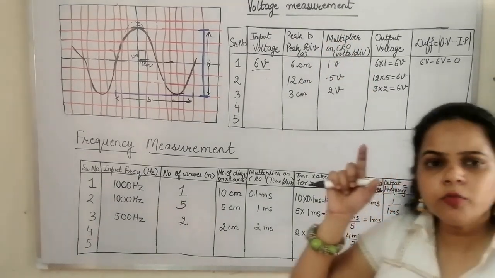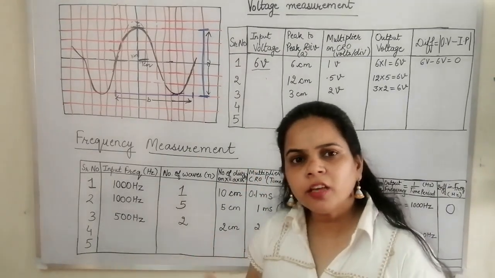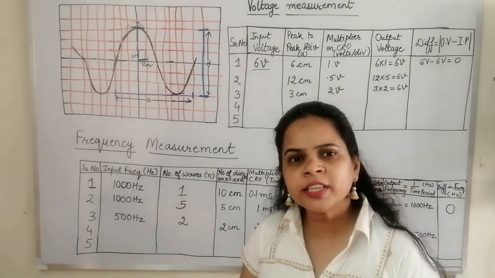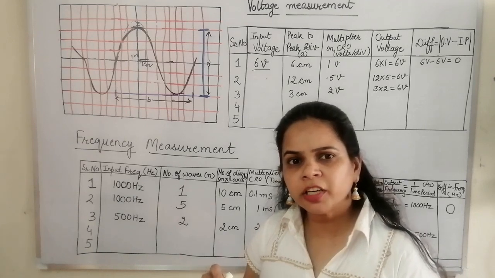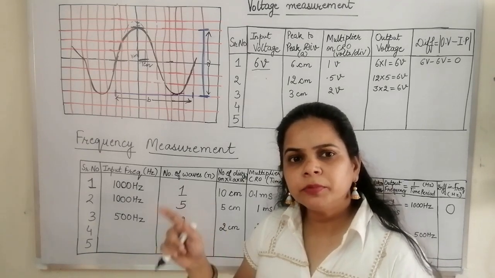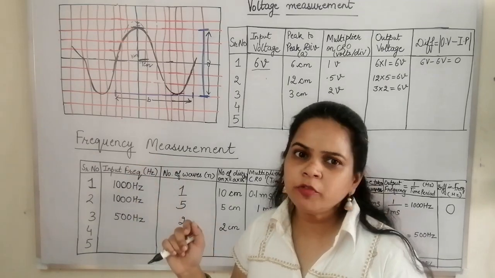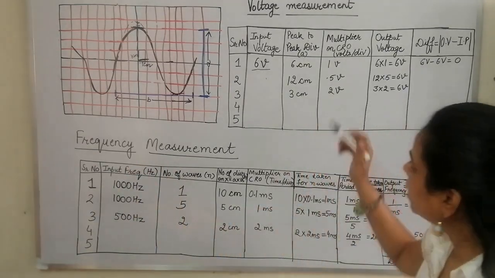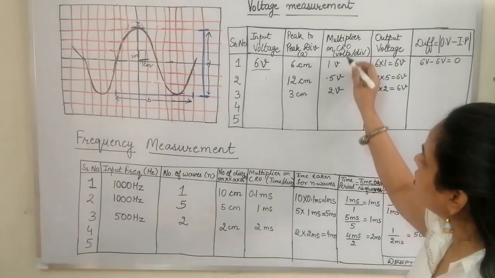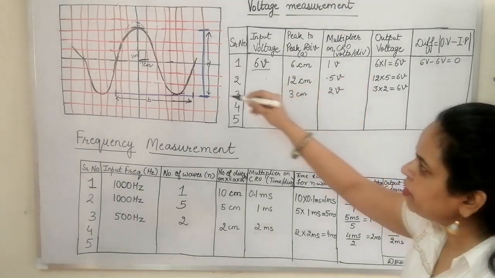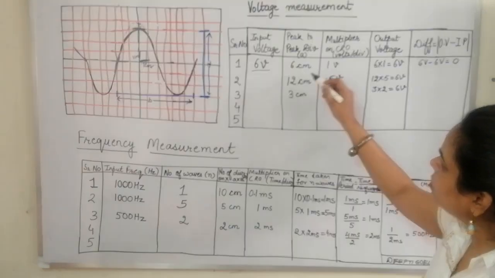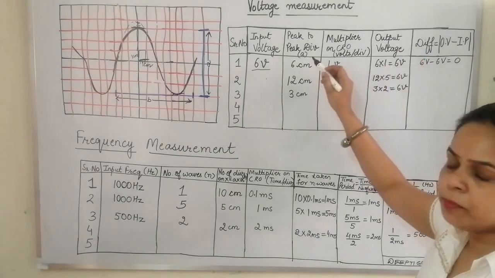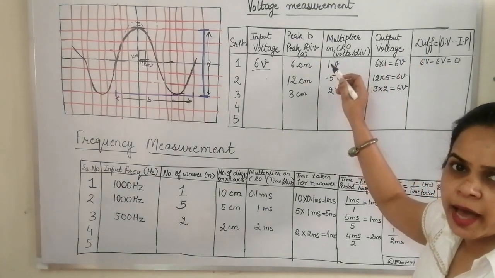Then for the voltage, we have to check the volts per division. Across whichever channel we had connected the BNC of the function generator to the CRO, that channel's voltage per division knob we shall check, and let the knob of the CRO be at 1 volt. And we have seen here that this is 6 centimeter divisions. So the output voltage will be the multiplication of the divisions and the multiplier.